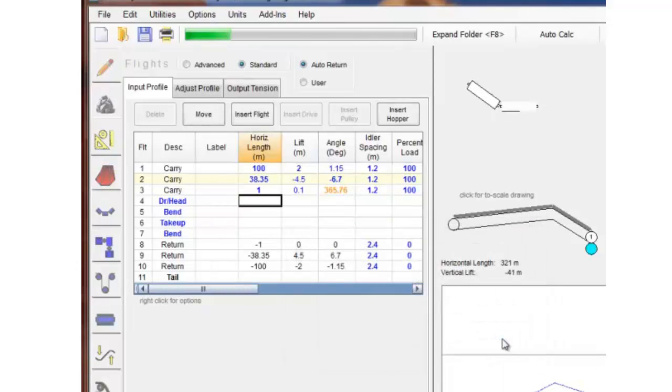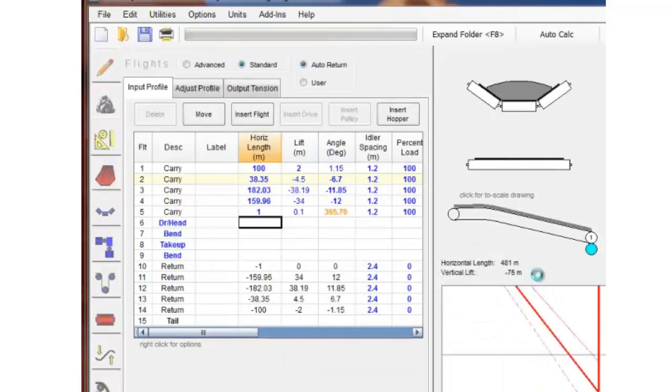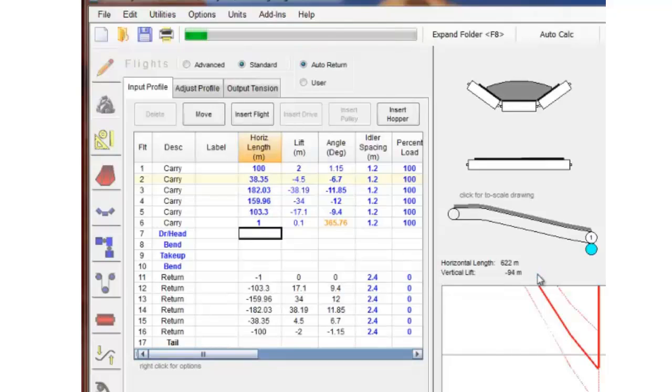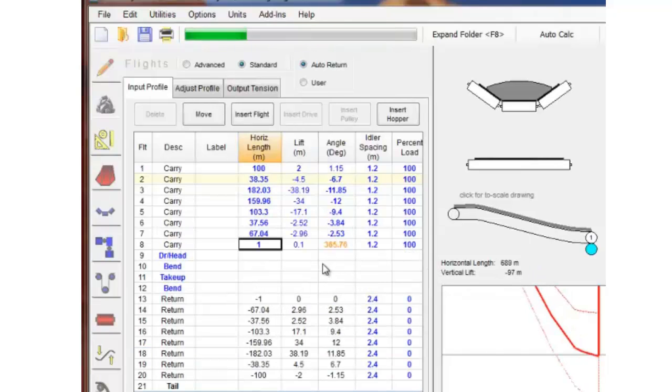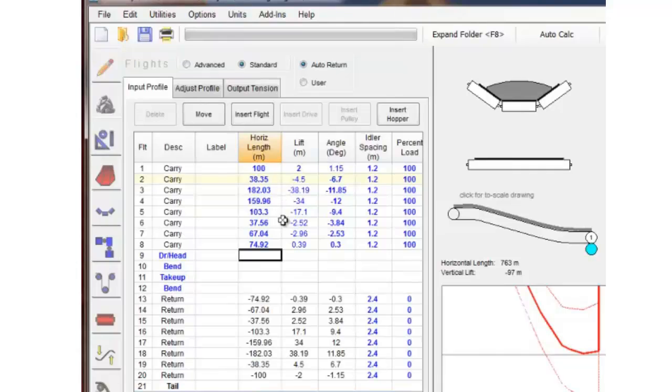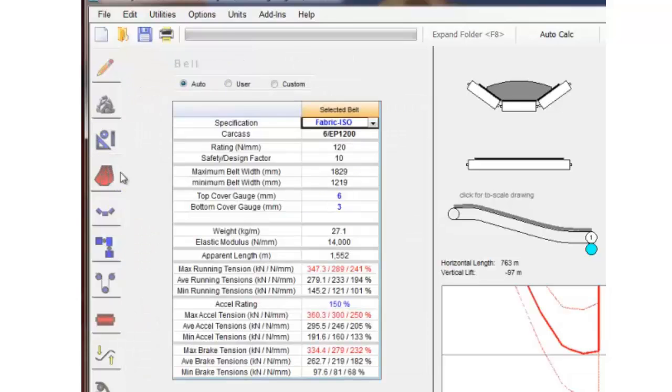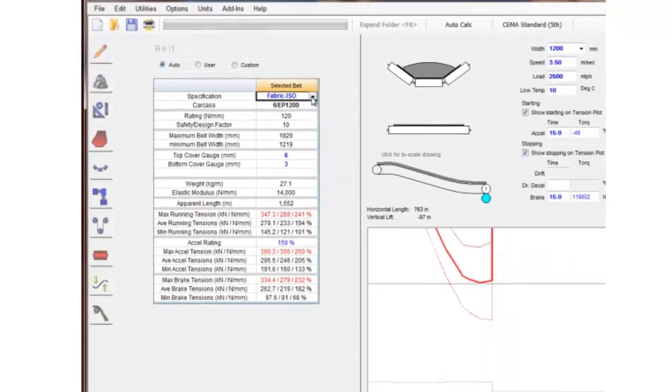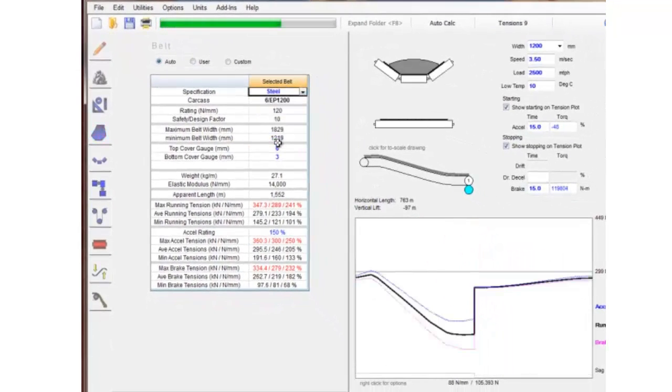This indicates that since it's a downhill conveyor, it needed to have a brake. And you can see flight by flight being added, equal and opposite flights on the carry and return, and 8 flights have been added. So I can adjust my belts here. I need to have a steel cord belt. The fabric belt wasn't big enough, and